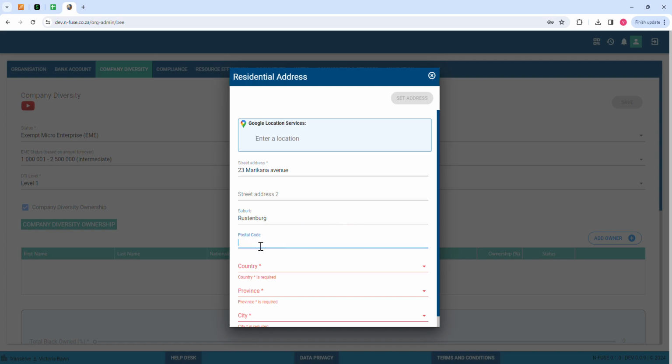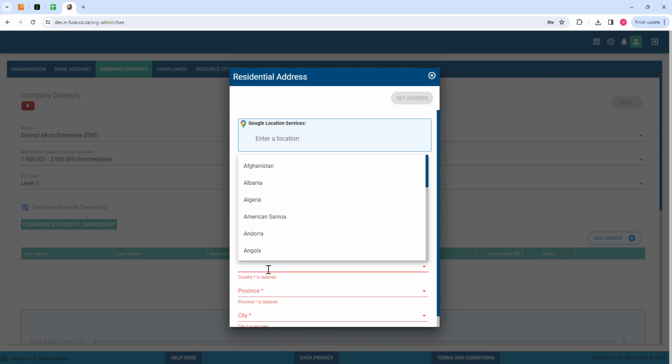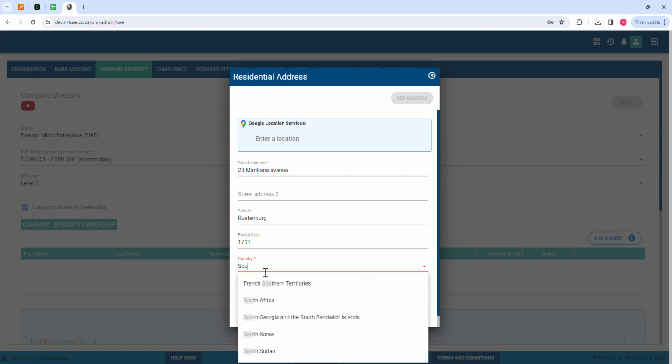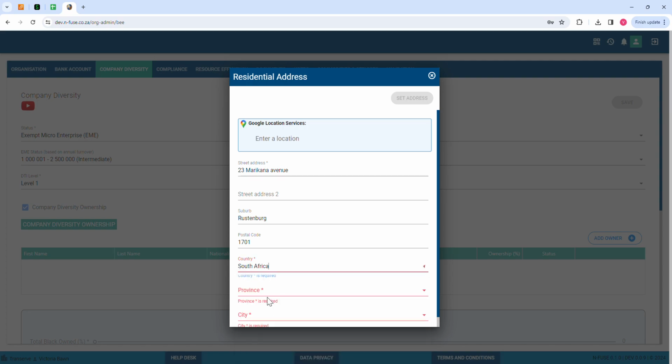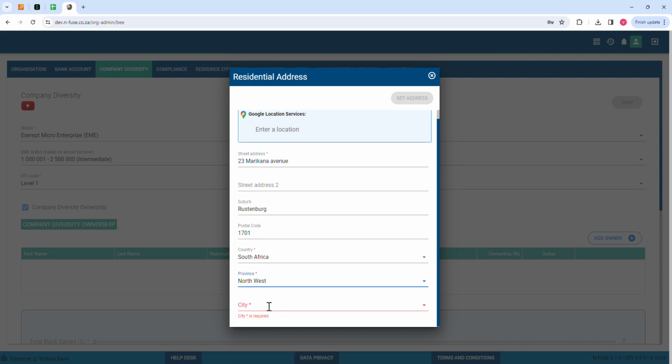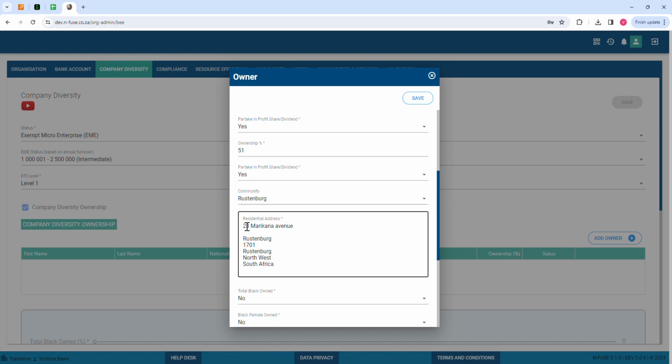Okay, and the postal code is, I'm just going to put in a random postal code, South Africa. Obviously, this is South Africa. There it is. Province is Northwest. City is Rustenburg. Okay, so now we set the address, and this is the physical address, so the residential address